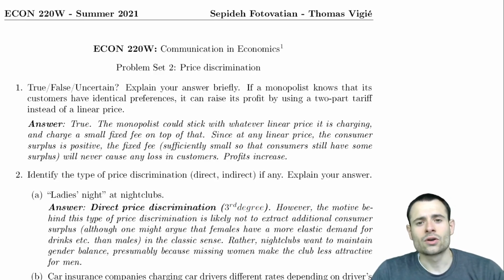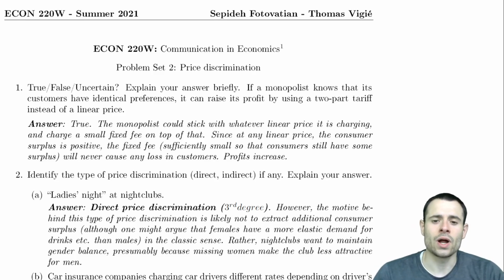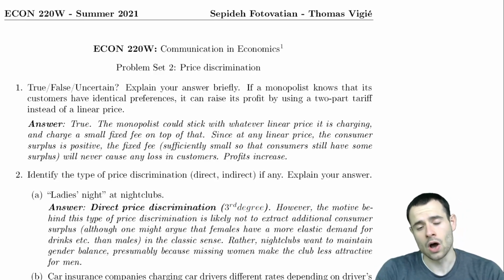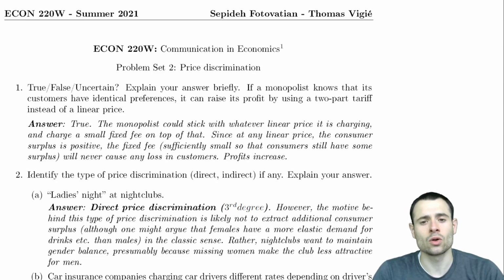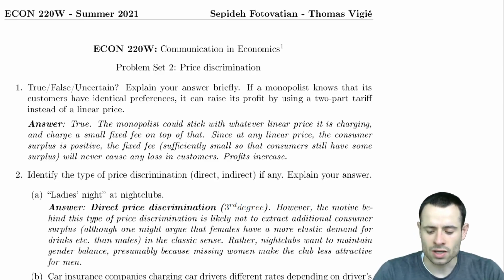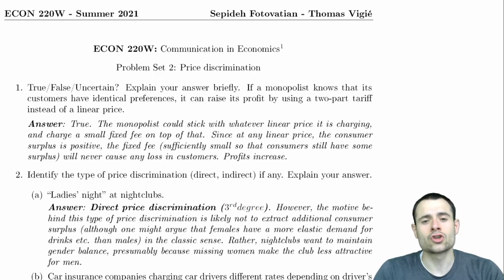This means that the monopolist could charge an extra price on top of the current unit price in order to extract additional consumer surplus. As long as this extra fee is not bigger than the consumer surplus, then consumers will be willing to purchase the goods. So a fixed fee will never cause any loss in customers, and if each customer is exactly the same, then they will pay a slightly higher price, but they will accept the deal, and the monopolist will then increase its